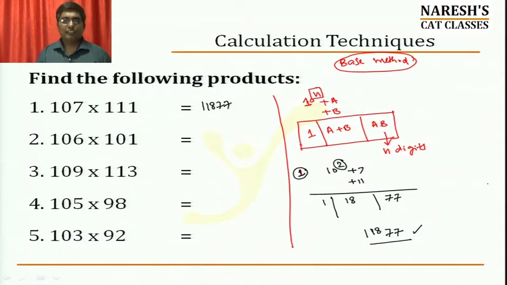11877. Very, very simple. Try to make a quick note of this. I'll give you 30 seconds, and I'll show you how questions other than this can be done. For example, try to do the second question in the same model. Try to make a note of this and do the second question in the same model. So total 1 minute at the max. Try to do this.